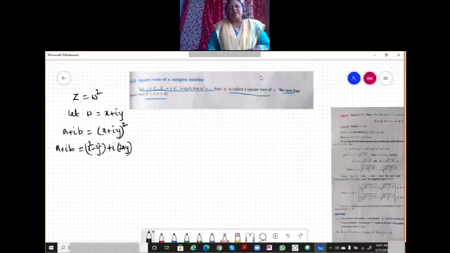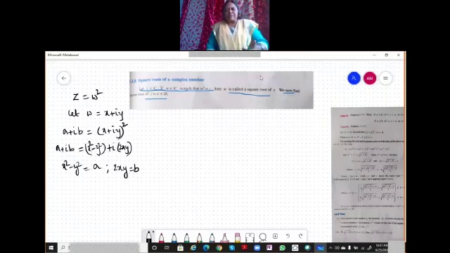Let us compare the real part and imaginary part. So what do we get? We get x square minus y square, the real part on the right hand side, is equal to the real part on the left hand side. And what will be the imaginary part? On the left hand side it is b, on the right hand side we have 2xy is equal to b. So what's our main aim here? We have to find what is x and what is y. We know a and b. We have to find x and y in terms of a and b. That's our main target now. x square minus y square is equal to a.